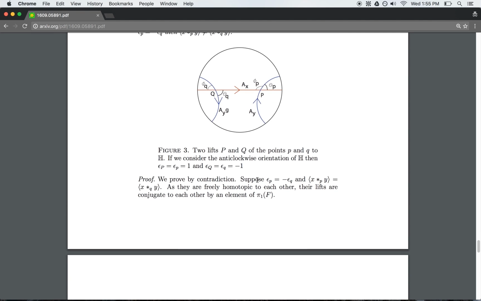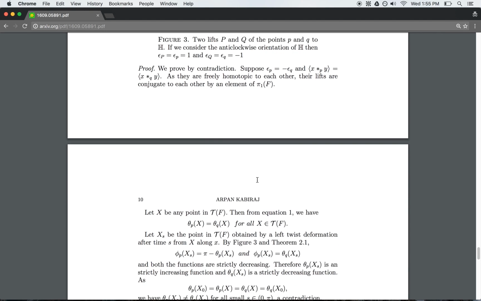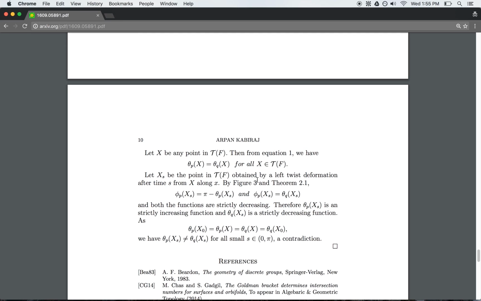Proof. We prove by contradiction. Suppose that the signs are opposite and that the loop products are equal. As they are freely homotopic to each other, their lifts are conjugate to each other by an element of pi sub 1 of F. Let X be any point in the Teichmuller space of F. Then, from equation 1, we have phi sub P of X is equal to phi sub Q of X for all X in the Teichmuller space